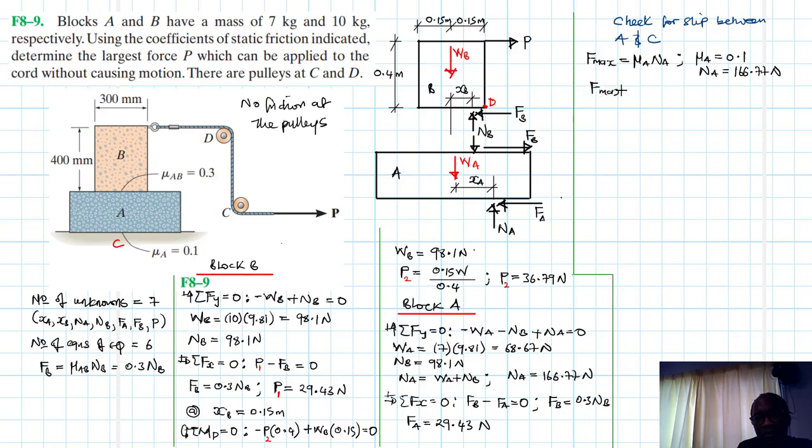Therefore, F max is just going to be equal to 166.77 by 0.1. This gives us 16.68 newtons. Right, so FA, which is equal to 29.43 newtons, is greater than F max equal to 16.68 newtons. Therefore, slip